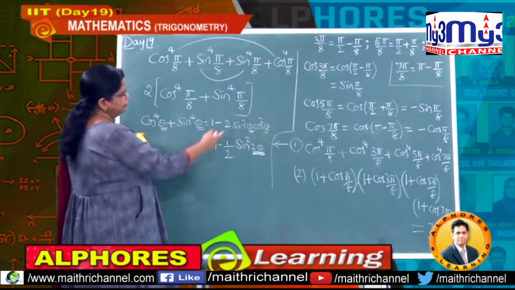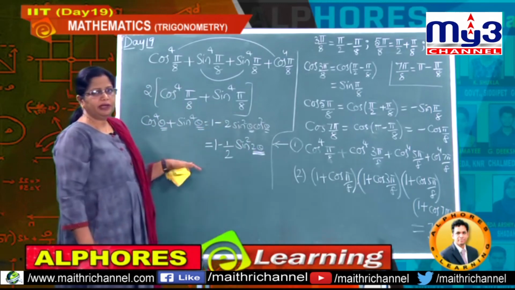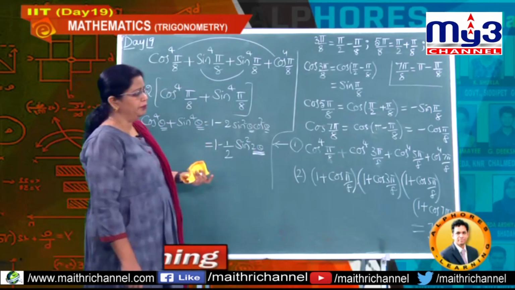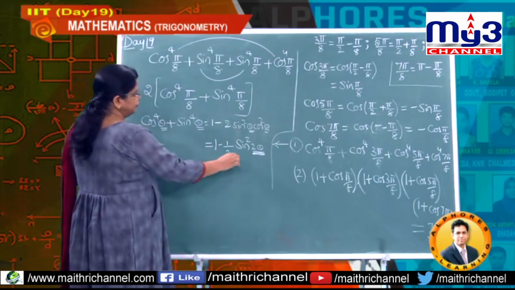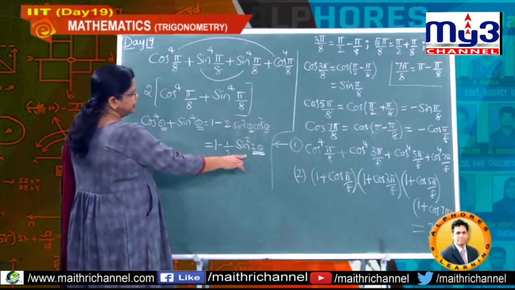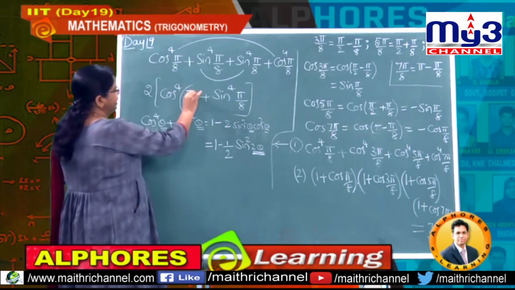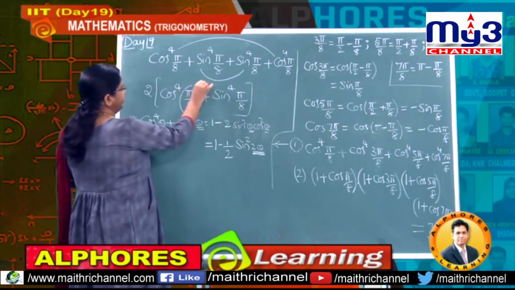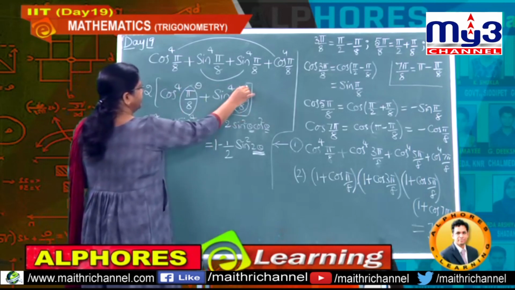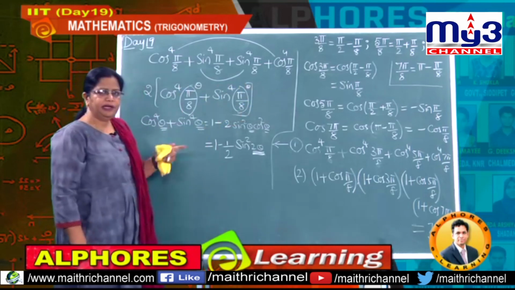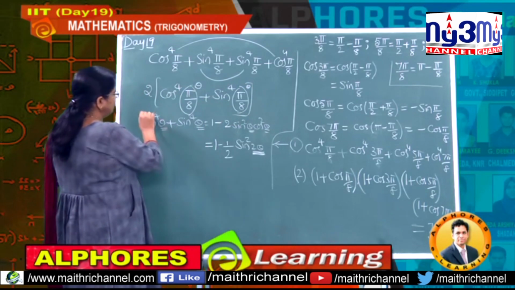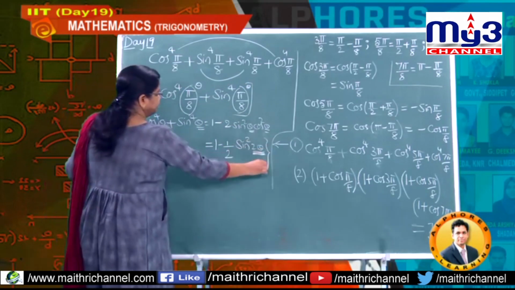Therefore, 2 into pi by 8 means pi by 4 you will get, which is a known value. Hence, here you have to give preference instead of giving this one to this one. Okay. Now, what is your theta in the problem? It is pi by 8. Okay, students. So, this is your theta, pi by 8, and therefore, now I am applying the formula here, that